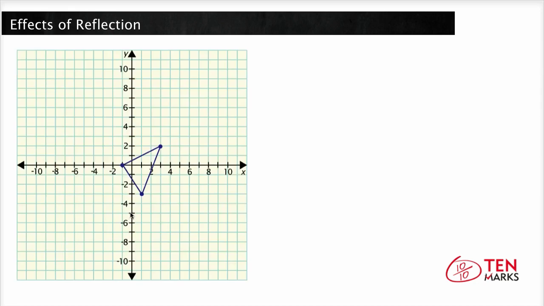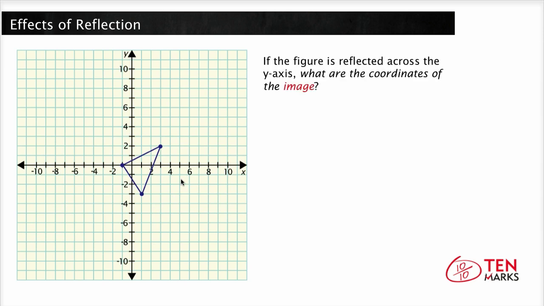Look at this coordinate plane and the figure on it. If the figure is reflected across the y-axis, what are the coordinates of the image? Now in the pre-image, the coordinates are negative 1, 0, 3, 2, and 1, negative 3. To reflect this triangle across the y-axis, we need to reflect each point first and then connect the dots. To reflect across the y-axis, we need to remember that the y values stay the same and the x value becomes its opposite. So,